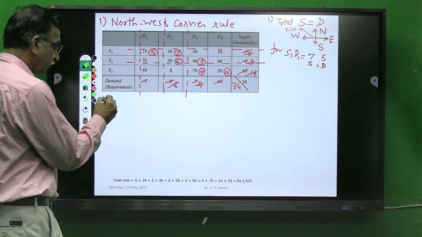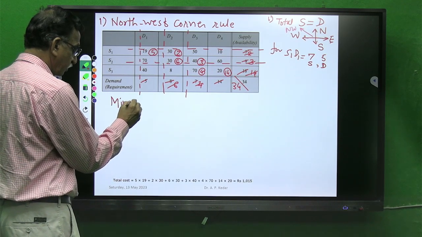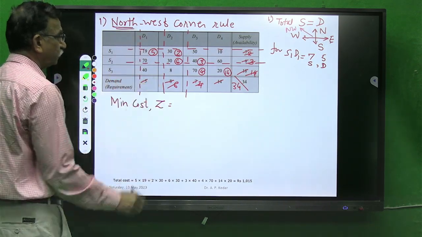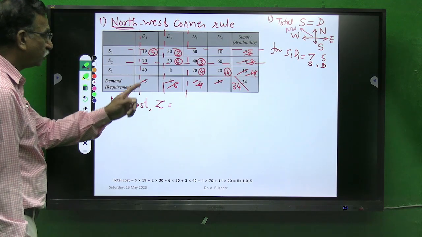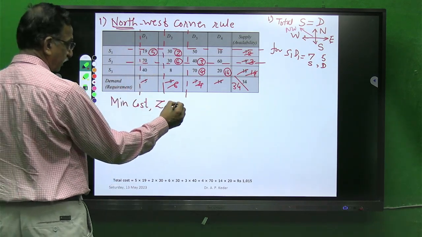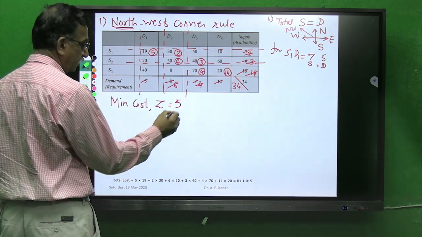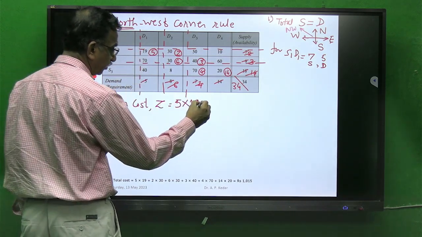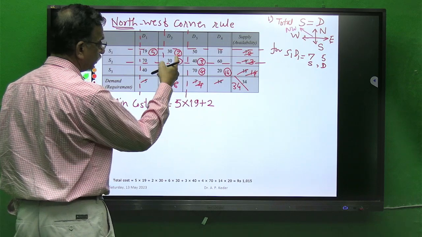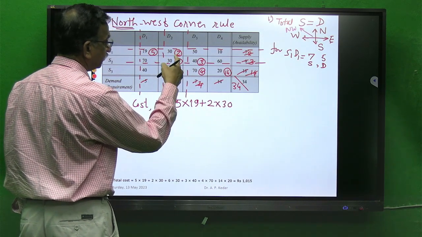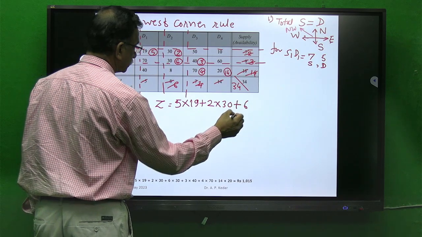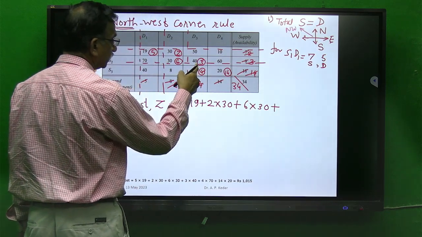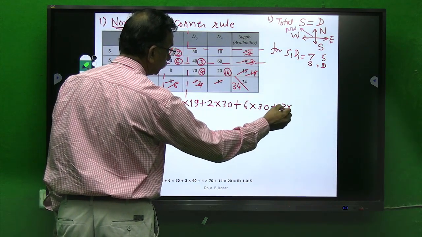So now what is the minimum cost? We may symbolize the minimum cost by the letter Z. For this northwest corner rule, how do we interpret that? We will go row wise. So first write quantity into per-piece cost: 5 into 19, plus quantity 2 into 30, plus quantity 6 into 30, plus quantity 3 into 40,